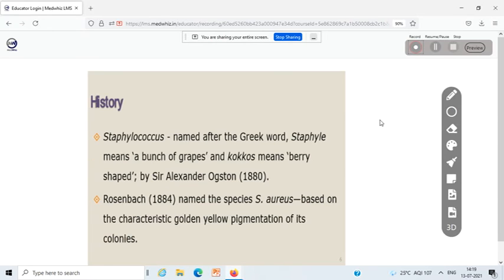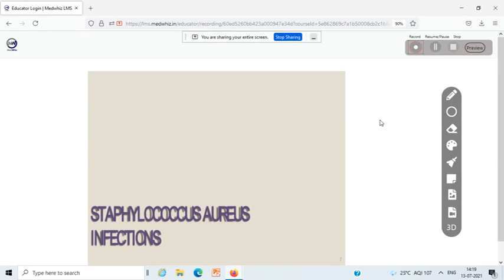Staphylococcus is named after the Greek word staphyle, meaning a bunch of grapes, and kokkos, meaning berry shaped, by Sir Alexander Ogston in 1880. In 1884, Rosenbach named the species Staphylococcus aureus based on the characteristic golden yellow pigmentation of its colonies. Coming to the Staphylococcus aureus infections,